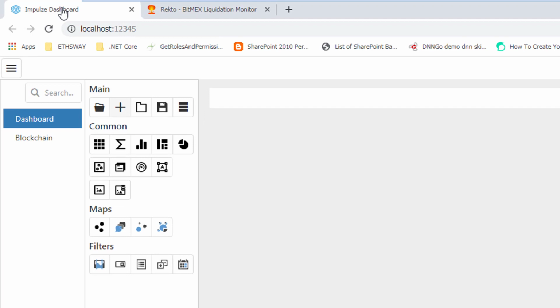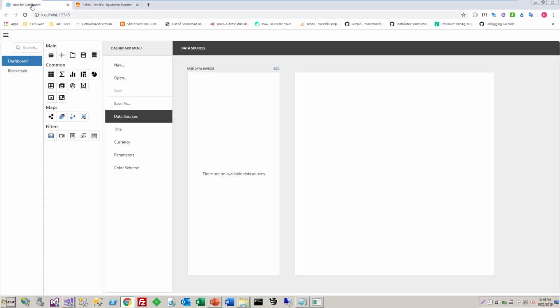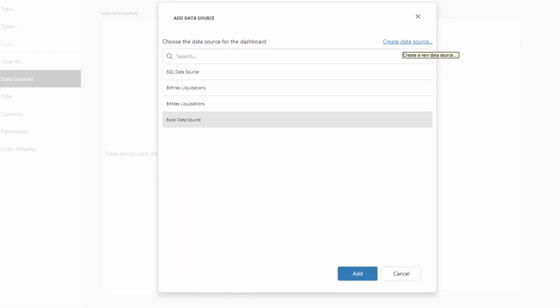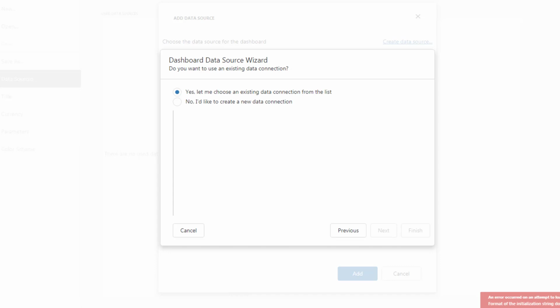So I'm going to go over into Impulse here, and we are actually going to create a new dashboard, and we're going to create a new data source because we want to wire this dashboard up so it can pull directly from that data source. So we're going to add a new data source. We're going to go to create data source, disregard this error here. We're going to go next and